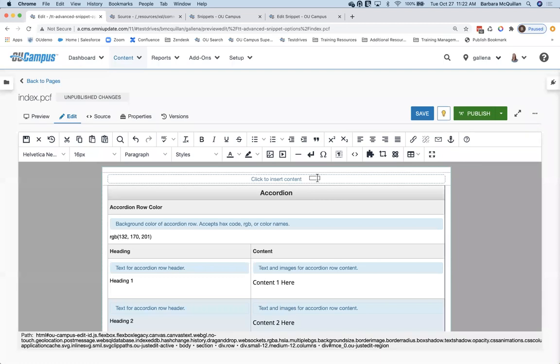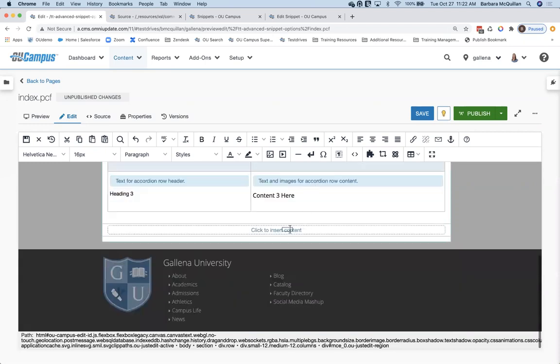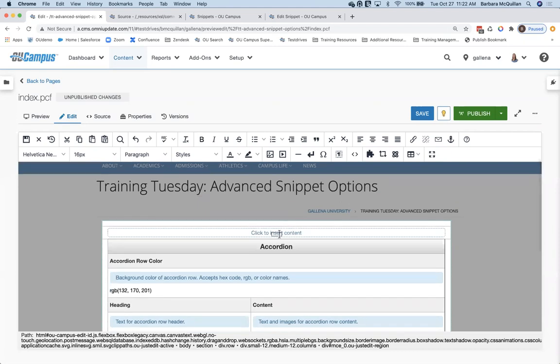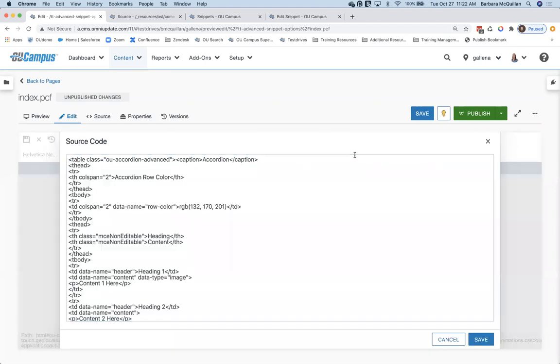So this particular option here, this bar to click to insert, this will appear whenever the table transformation is the first or the last element inside an editable region. So I'll be able to get an additional bar underneath it. It'll also appear anytime I have two tables that are bumped up right next to each other. So if my two table transformations are back to back and I want to be able to insert something between them, I'll get this additional little bar here. So looking at my source code, notice that in this particular region, that table is the first element that I have here.